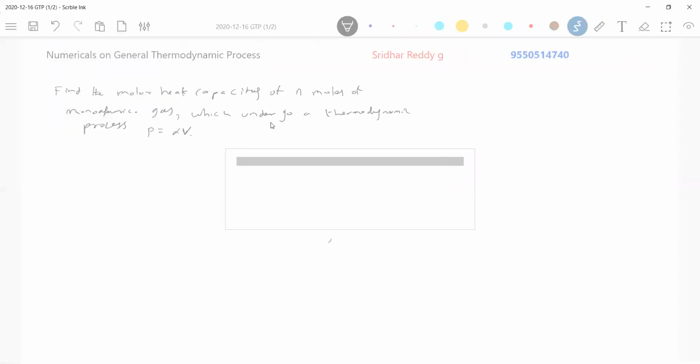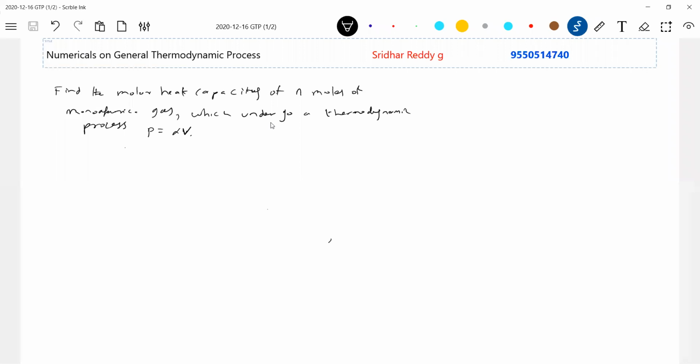What do you mean by molar heat capacity? Let's go back to the calorimetry we have started. For a gas, I'll supply Q amount of heat. It was having temperature T1. After some time, on absorbing heat Q, it will attain a temperature T2. Okay, Q is equal to number of moles n, this is C, no? C delta T, you write it. And this molar capacity, you can define as Q over n delta T.